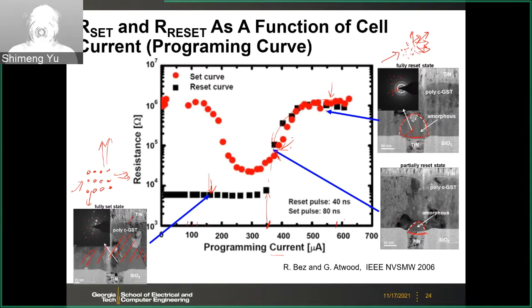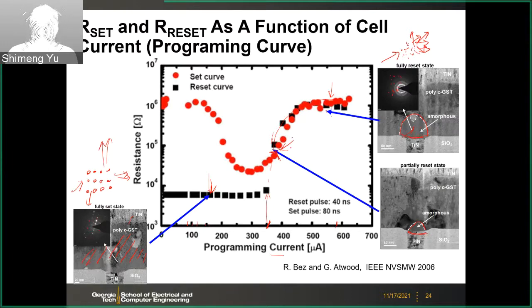If you apply higher current, then you create a larger volume of the amorphous state. If you apply lower current, you create a smaller amorphous volume. And if you look at these characteristics, you may think of the multi-level state. You can play with the current amplitude to change the volume of this amorphous region. Therefore, you can get different resistance levels, right? Different resistance levels for the multi-level